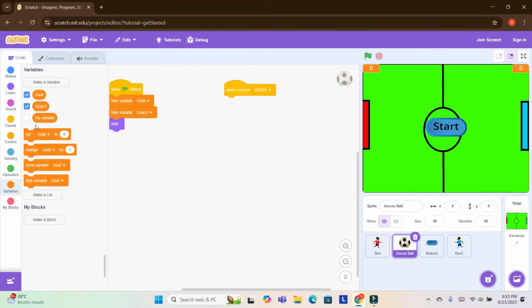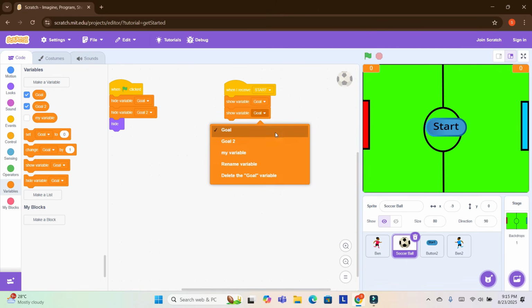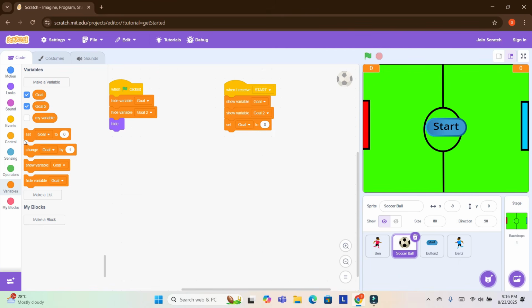I will go to variables. I will take show goal 1, and down it show goal 2, and now I will drag set goal to 0, and set goal to 0.